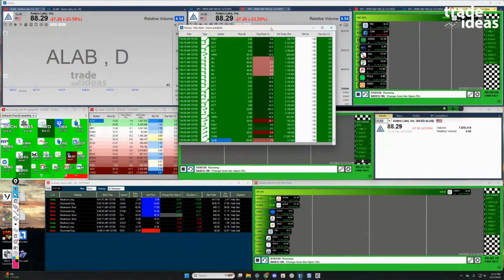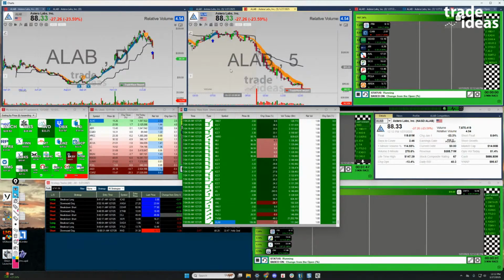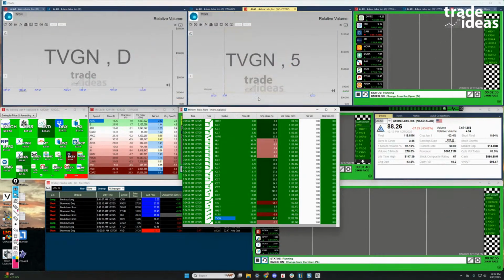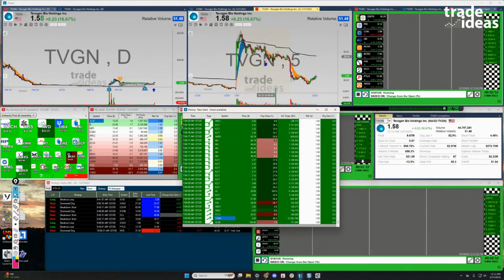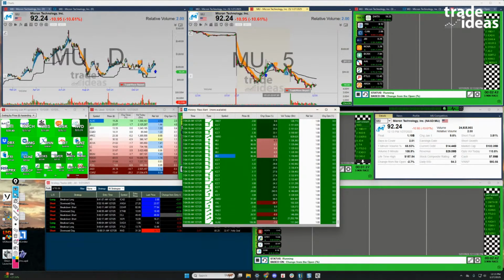So AL, Alba properties, pre-market. It was trying to get a little rebound here on that gap down. Couldn't get a lot of traction. TVGN. We're probably not going to see a lot of follow through on any pre-market stuff here, given what we had in the pre-market and all that. MU probably got beat up in the pre-market, right? Yeah. A little pop here. The alert came in at 96.44. Made its way up to just over 97. So, things like that can be done for the pre-market.